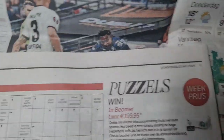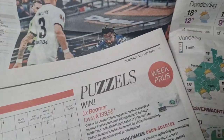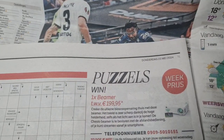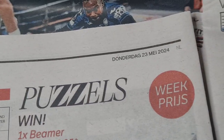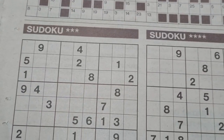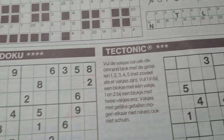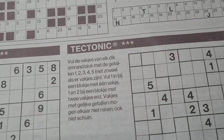Today in the daily newspaper of Thursday. Yes, it's Thursday, May the 23rd, 2023. We have here three regular puzzles, and those puzzles are the Three Stars Sudoku, the Four Star Sudoku, and the Jigsaw Sudoku, aka Tectonic. In today's newspaper, we have also an